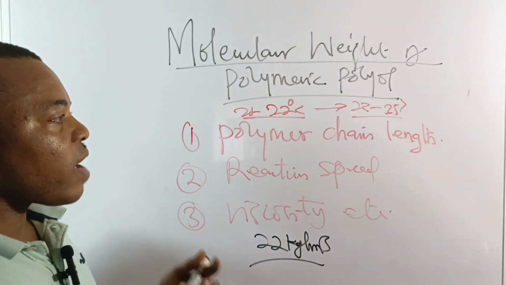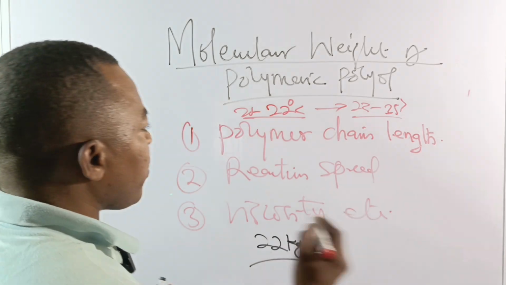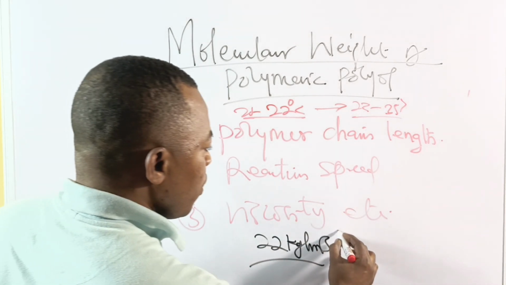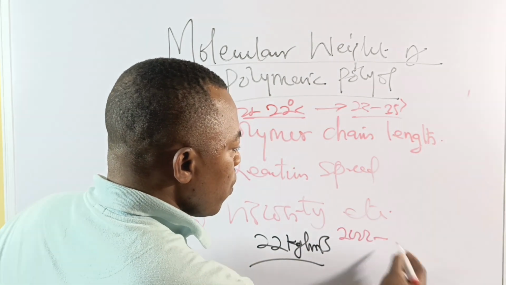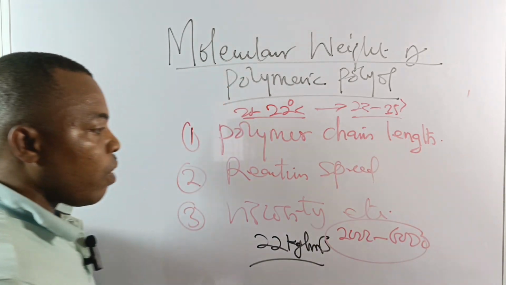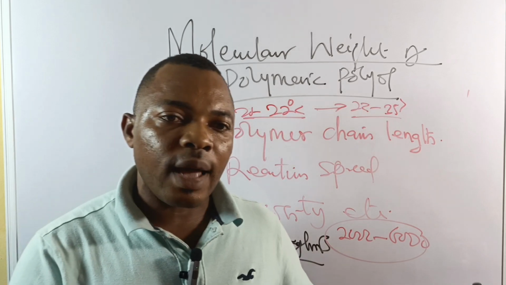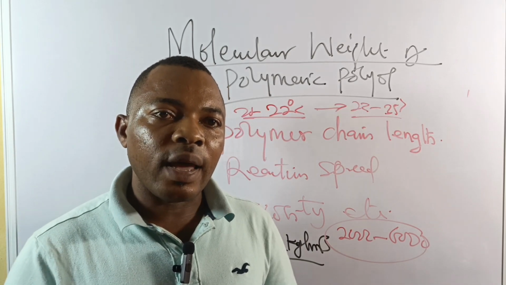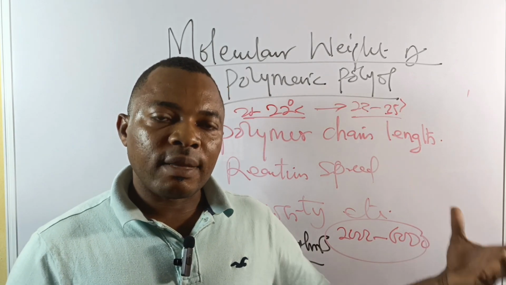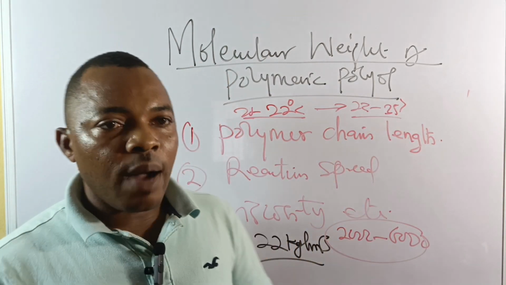For every flexible foam, the polyol used for flexible foam, I think it is between 2,000 to 6,000. So it all depends on the degree of polymerization of that polyol and the intended application. So that is how molecular weight